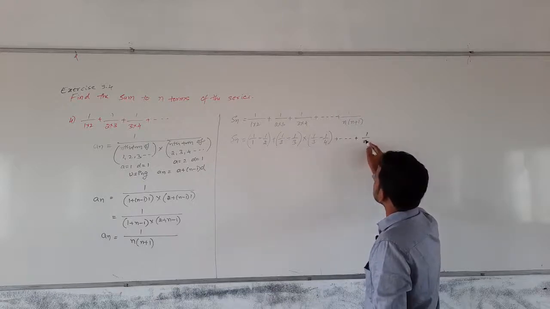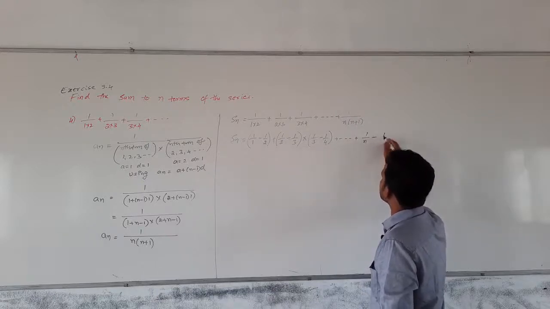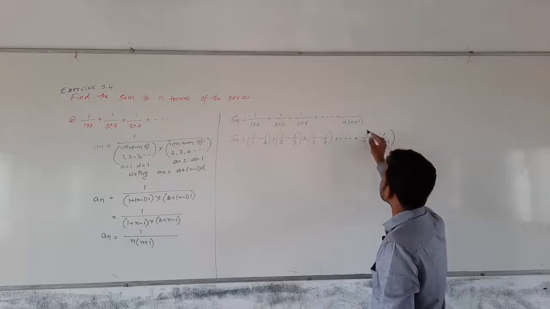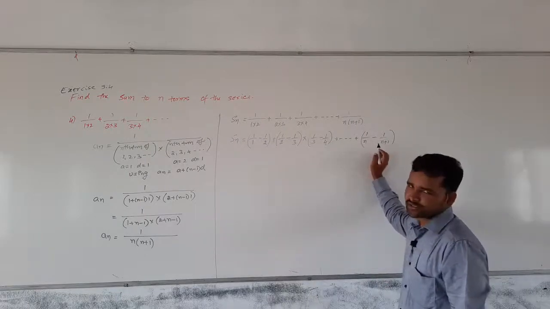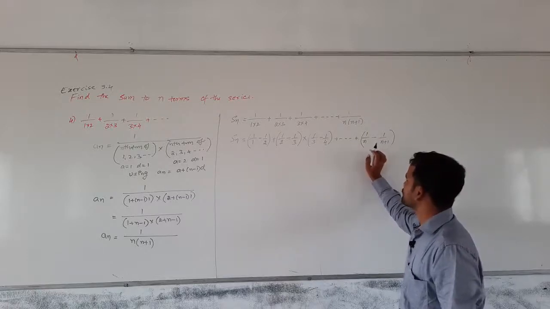Last term also in the same way I will write 1 by n minus 1 by n plus 1. Correct? If we cross multiply, n plus 1 minus n by n into n plus 1, n gets cancelled, 1 will be there in the numerator. Fine. Now you see